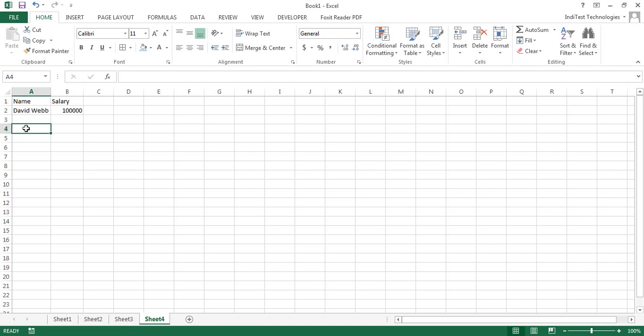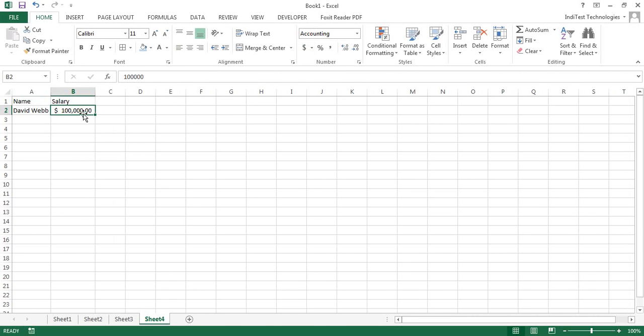So right now in sheet 4 of my workbook, I have just 4 cells filled up. The first one is the name David Webb, and in the second column I have the salary of an individual named David Webb, which happens to be $100,000. Now, like I said, $100,000. Although this salary has been written only in the form of numbers, how do we make it appear in the form of a dollar? If you're comfortable with Excel, you must know that all you have to do is go onto the Home tab and click on this dollar button over here, and this value would start appearing in the form of dollars. But see,